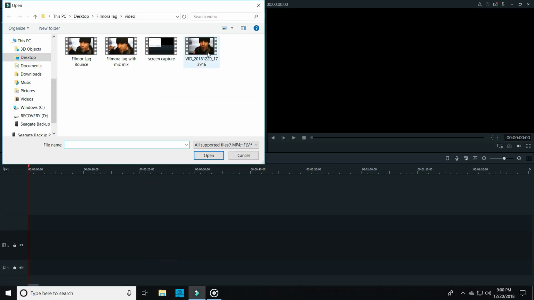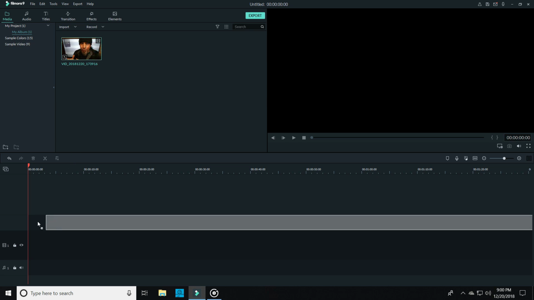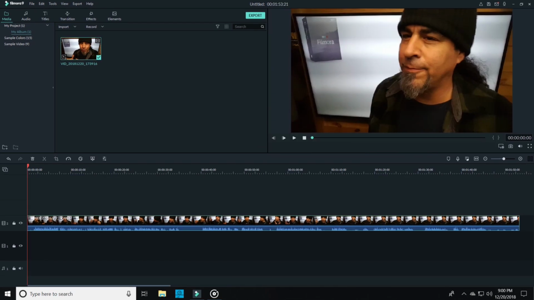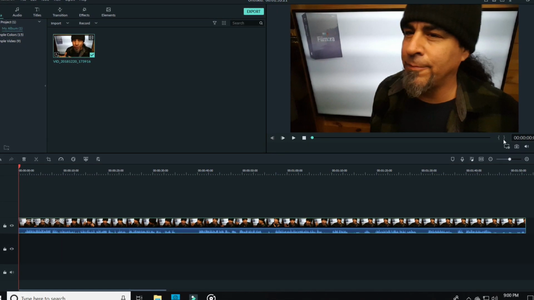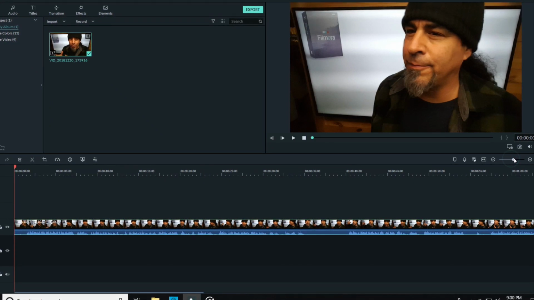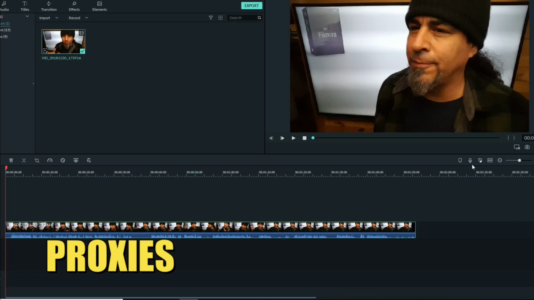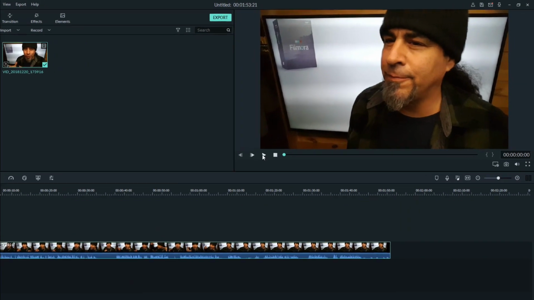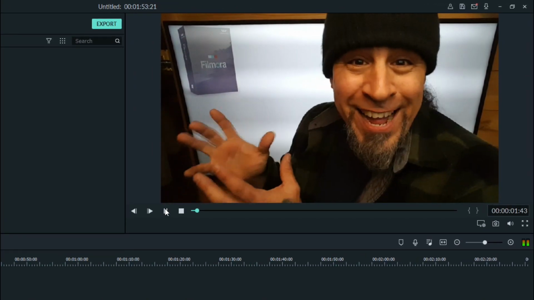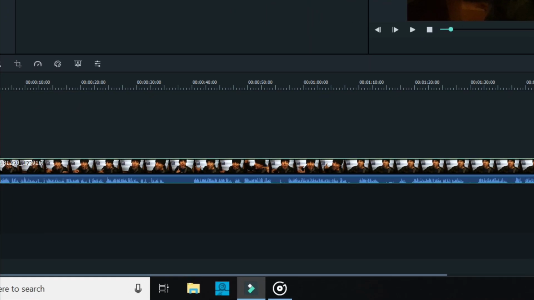Let's open up Filmora and pull in a piece of footage. When we bring it down into our timeline, allow Filmora a couple of seconds to process that piece of footage. In the last version of Filmora, we would have to render that piece of footage, but Filmora 9 uses what they call proxies to create smaller, less complex video segments. So you need to give Filmora a moment to create those proxies. You should be able to view your footage cleanly at this point, but if you see any lag, make sure to shut down any other processes you might have running on your computer that could be adding to the demands